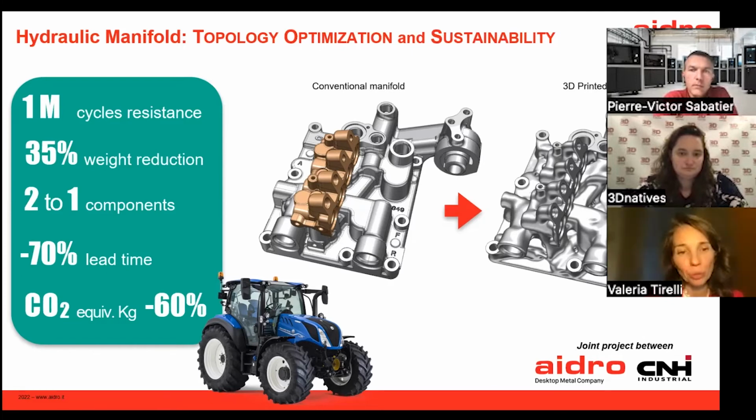But I'd like to introduce another point, because in this case we just printed one prototype, because it's quite a big part. But what is also possible with another technology, sand casting, is to print the mold. And in this case, this could be a very good candidate for sand casting, because we will be able to save time, save materials, but also to produce large volumes of big parts.